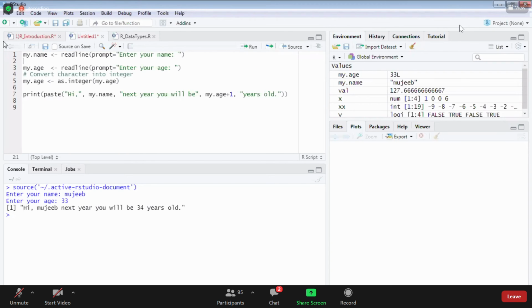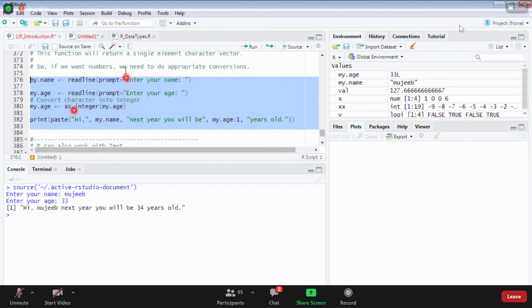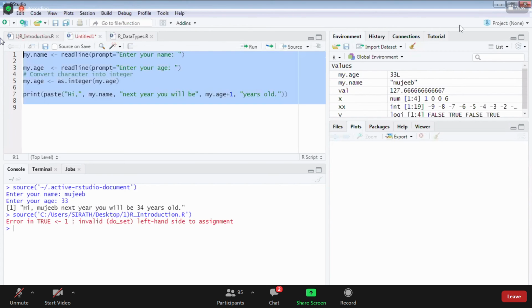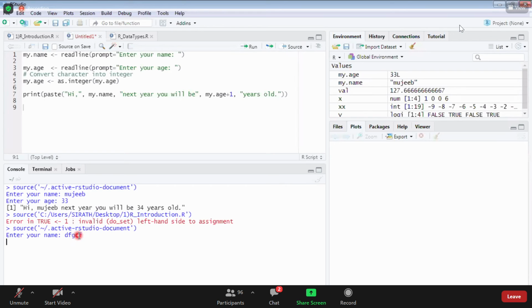Here, I have copied this content into another page, because in this file I have written many things, about 400 lines of code. If I run source here, somewhere I will get some error, since it will run the whole script. That's why I copied this content into a new file, and here there are no errors. I know only this, so comfortably it is working. Got it? Yes, sir.